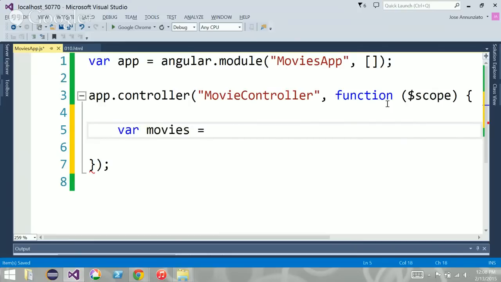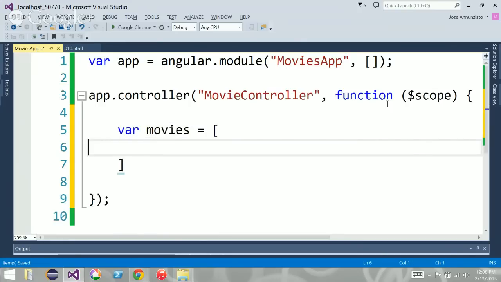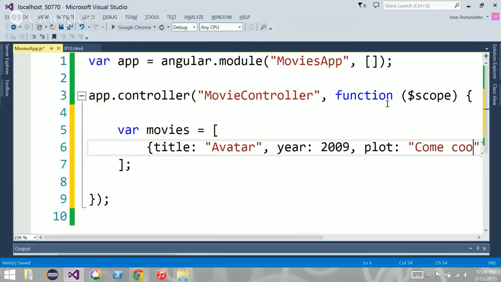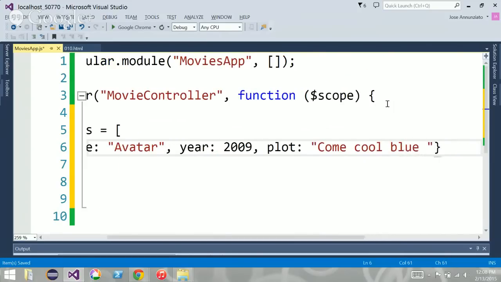And I have movies here, and movies might be an array of objects, and that array of objects might be, you know, title, Avatar, and then maybe the year, 2009. Maybe it has a plot, you know, some cool blue guys, right? Blue guys reenact